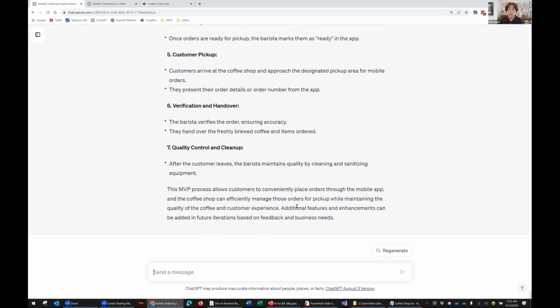Okay. Now, again, I look at some of these things, and if I were doing this as a full-fledged conversation, I would go, I don't think our app is involved in quality control and cleanup.